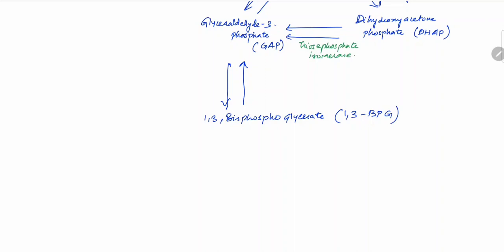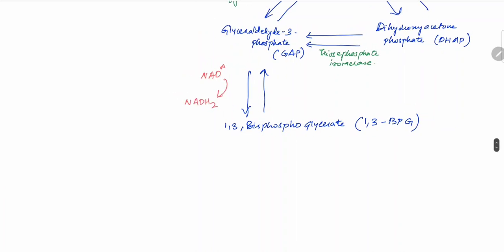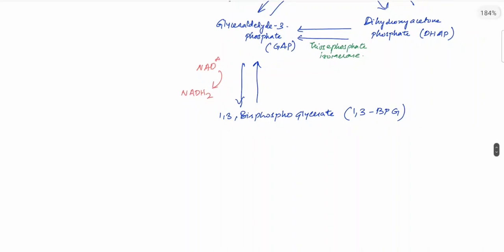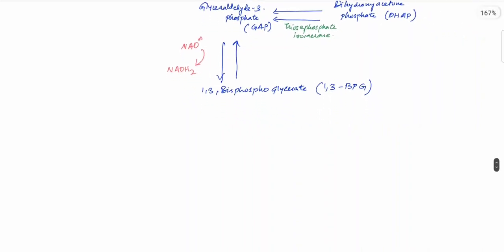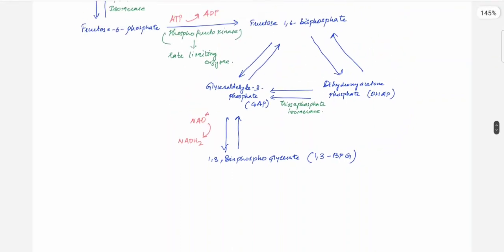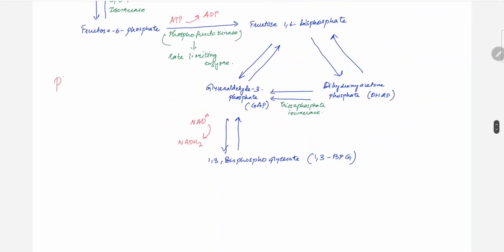So here NAD plus is converted into NADH. So this is phase 2, where NADH is produced,